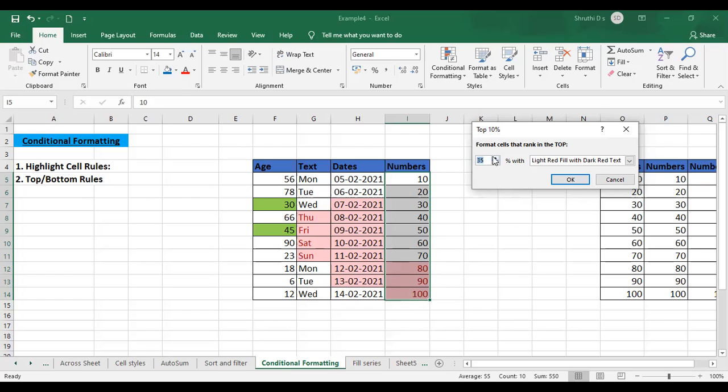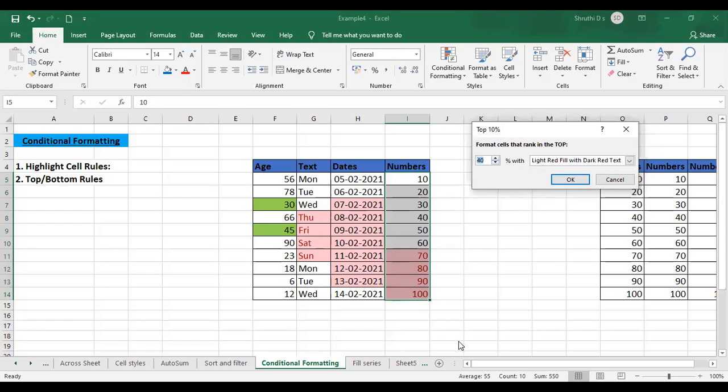If I say 40 again, the 70 is also included under the top 40%. Like that, you can highlight the cells using percentages. Here I have just continuous data, but in a table you may have different sets of conditions.